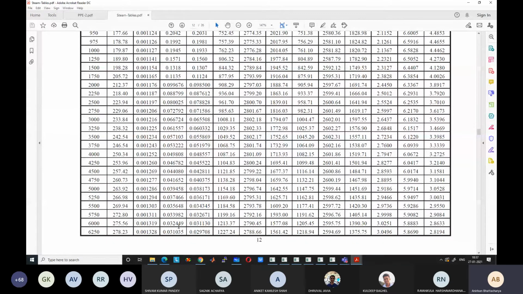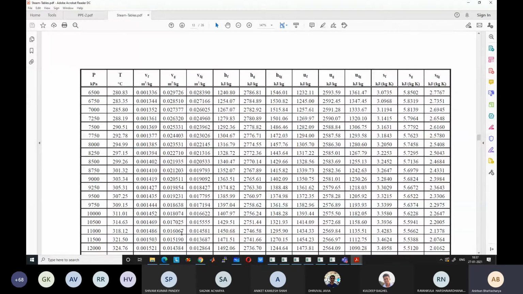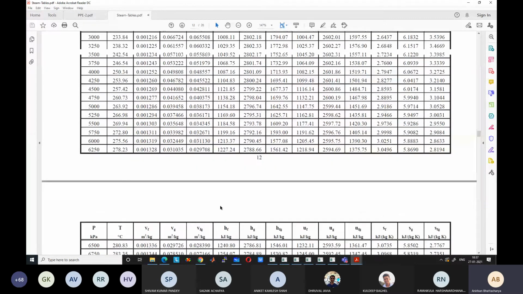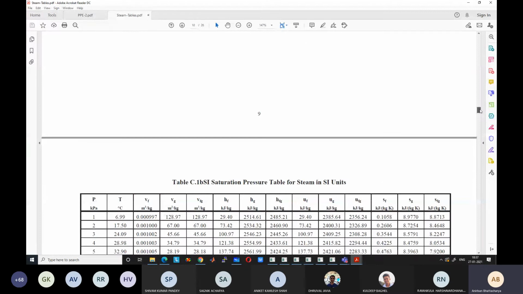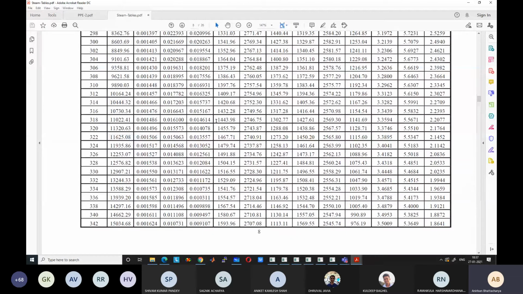So if this table was not given to you, then also you could have found all the values for a given pressure of 10,000. What would you have done? You would have gone to the temperature table and found the corresponding values to 10,000 pressure. This is the nearest value to 10,000 pressure, but it is not exactly equal to 10,000. This is another near value on the other side. So in that case, you would have to do linear interpolation between these two values.